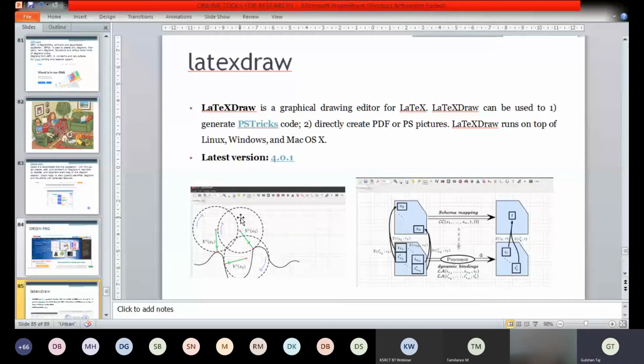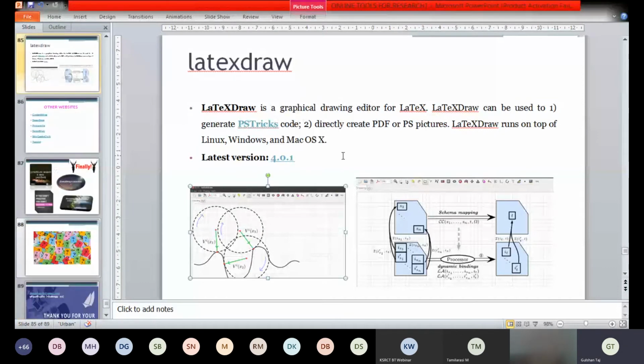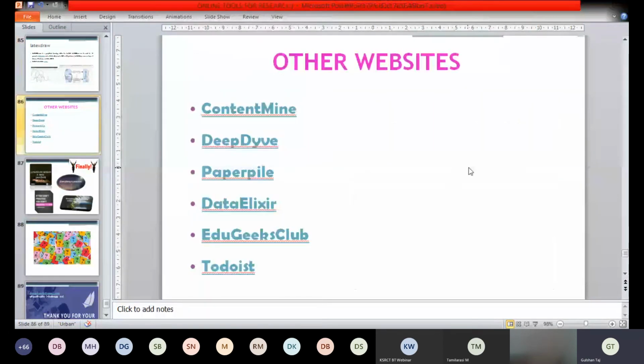Yes, visible. Okay. So LaTeX Draw is again a graphical tool based on LaTeX. When LaTeX comes into the picture, once you are writing your paper in LaTeX, then go for LaTeX Draw because both belong to the same group. So if you are writing your journal in LaTeX, then go for LaTeX Draw. Can you see here on my screen, this type of charts, graphs, flowcharts, everything is available. Then, as I said, the internet is a big ocean or sea where you have a lot of websites to learn and explore.